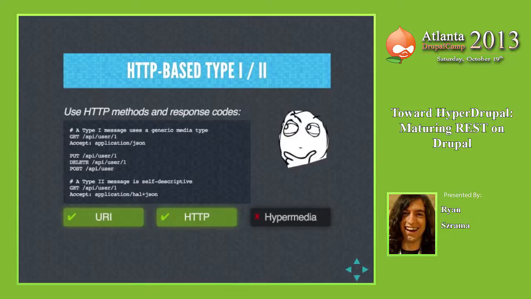It may be HTML, it might be XML, it might be JSON, it might be SOAP, it could be a PDF, it could be a GIF, it could be anything. CSS, a style sheet. These are all different types of media that you can request. And this one is requesting a specific media type, HAL JSON. I'm going to get to what that is in a minute. But that's the difference here.